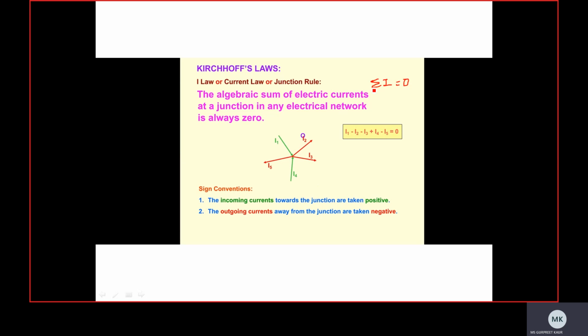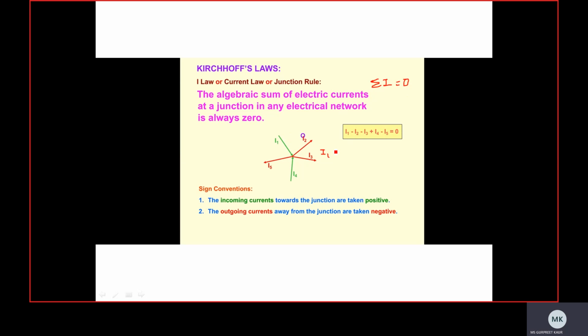Now as per summation I at junction equal to 0, I should write I1 plus I2 plus I3 plus I4 plus I5 equal to 0. But when we use signs and conventions, it is like this. I1